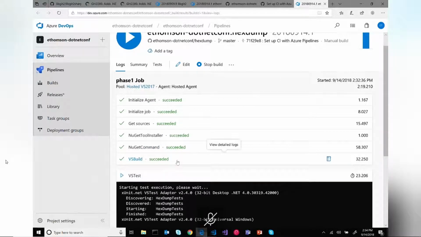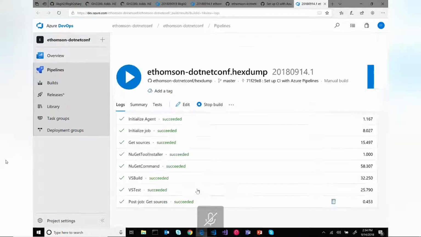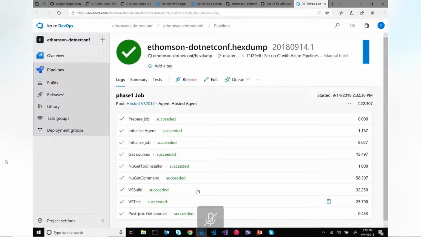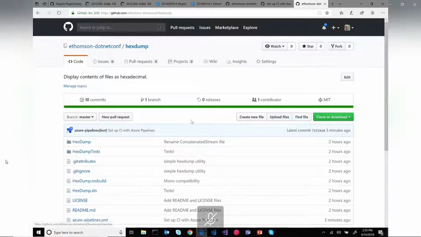So you can see that the build succeeded. It's starting the tests, and those all passed. And there we go. That's everything. So now that blue button has turned to green, indicating that my build was successful and all my tests pass. So now if I go back again to my project on GitHub,